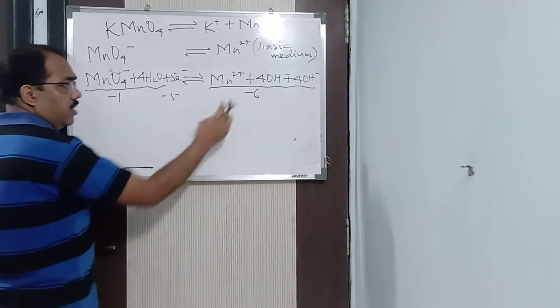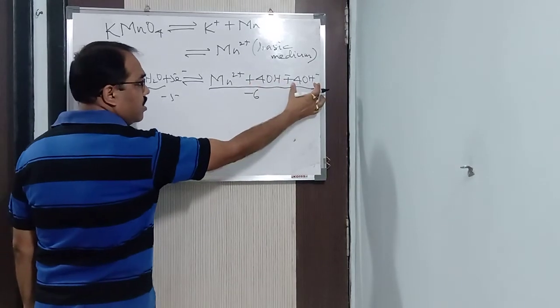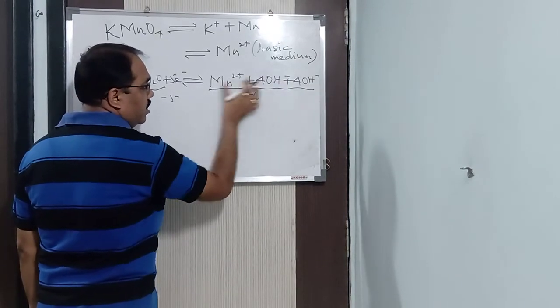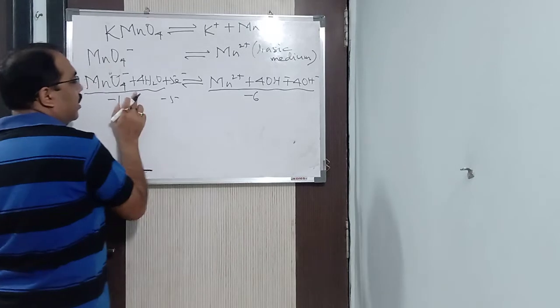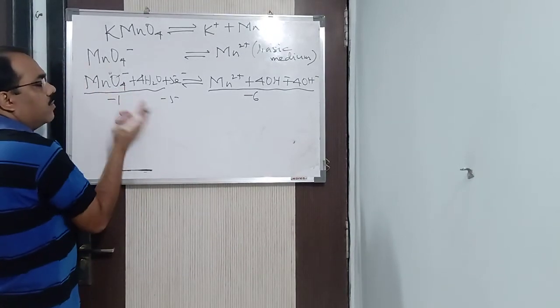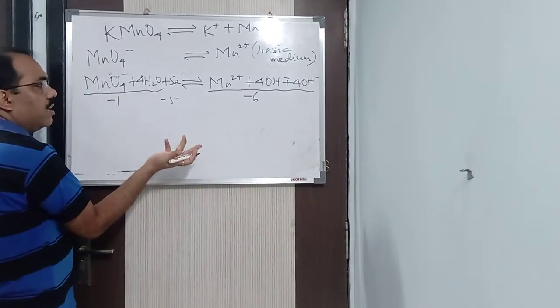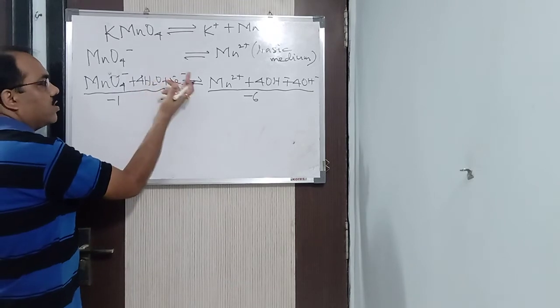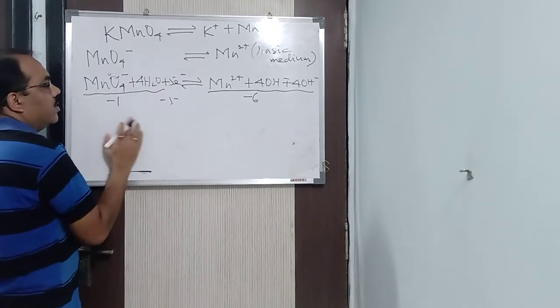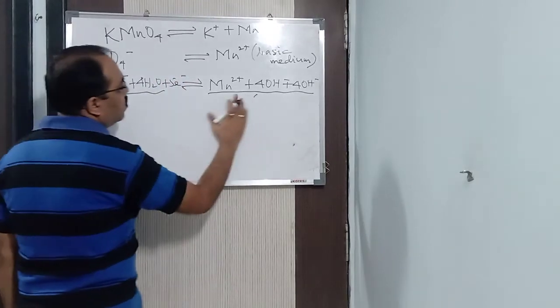What did I say? This is nothing but minus 4. This is minus 4. How much is it? Minus 8 plus 2, how much did I get? Minus 6. Now here, how much is it? Minus 1 was there. So how much do I want? Minus 6 on both sides. Then it will be balanced now. So plus into minus is how much? Minus. So minus 5 minus 1, how much is it? Minus 6. On both sides it is same.